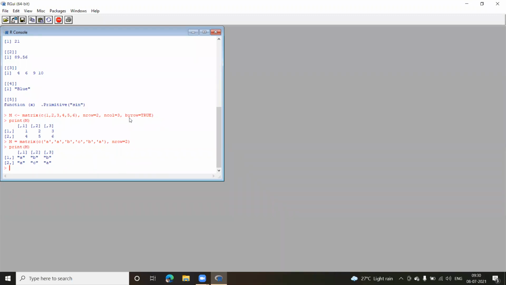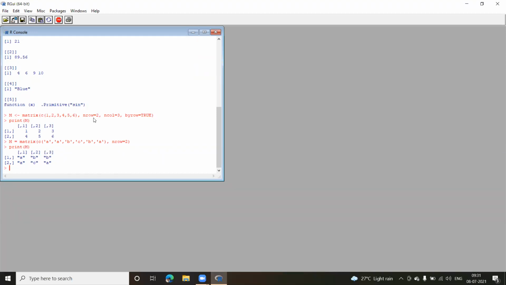Now, secondly, I have not given byrow equal to TRUE, and there's a reason. You can see, had it been row wise, it would have been A A B. Now, this is not A A B, it is A B B. That means what is happening is A is getting stored here, and the next A is going to the next row. So the first column is getting filled first, then the next column, and then the third column.